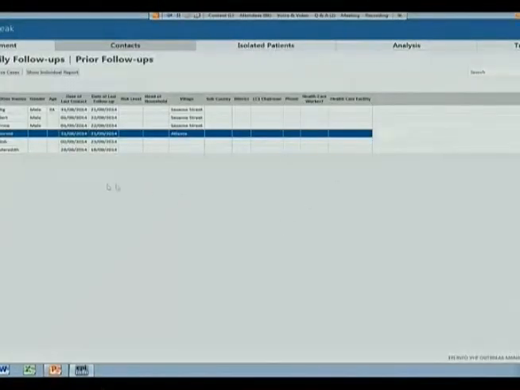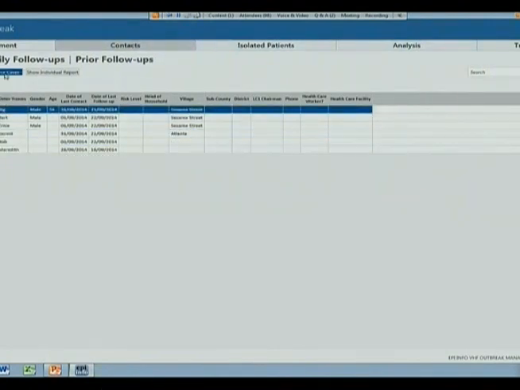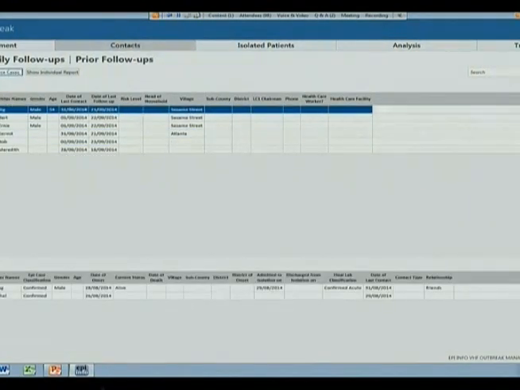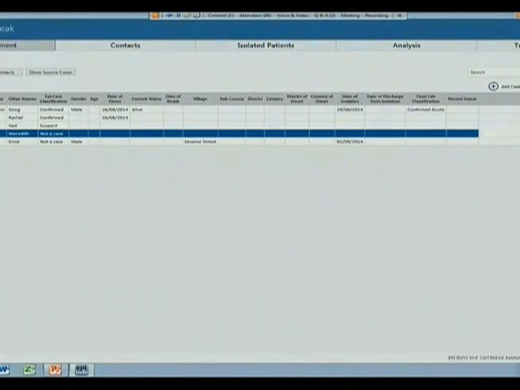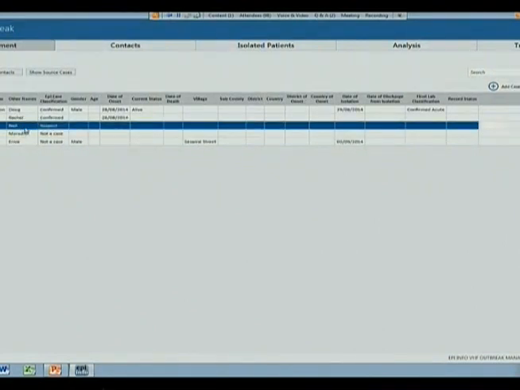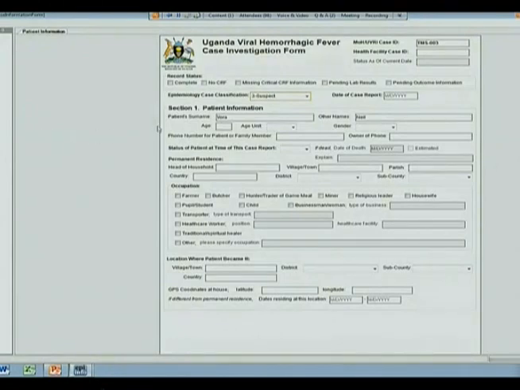So we can actually show this right now. We're in contacts. The way I'm going to find this is I'm going to look for someone who has only one source case. Okay, so SpongeBob. The only source case for SpongeBob is Neil, who's a suspect. So right now SpongeBob is being followed. If I go in and Neil got tested, and he tested negative, and I therefore change his classification to not a case, and I save it,